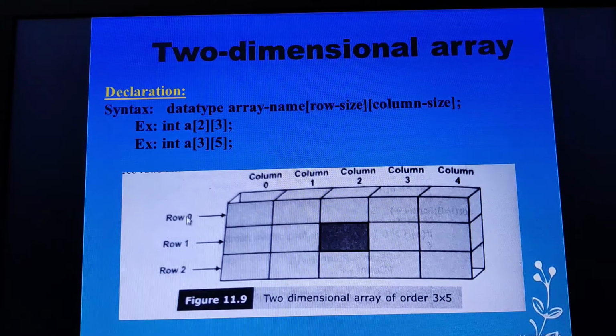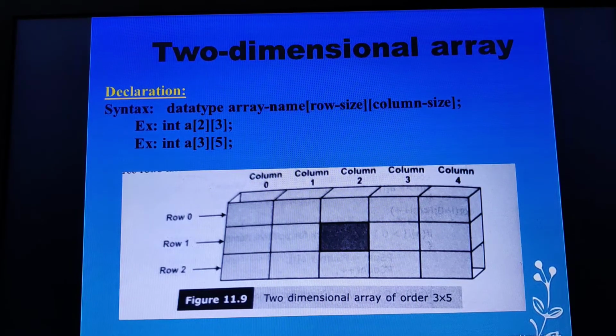The first row is referred to with 0, the second row with 1, and the third row with 2. Similarly for columns: when the column size is 5, the range lies from 0 to N minus 1. So the first column is 0, the second is 1, then 2, 3 and 4, up to N minus 1.